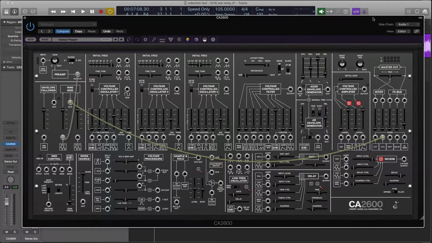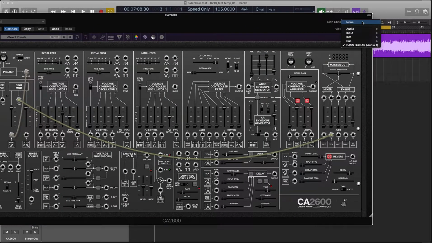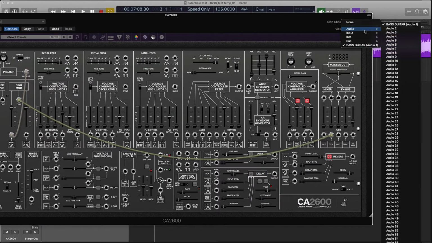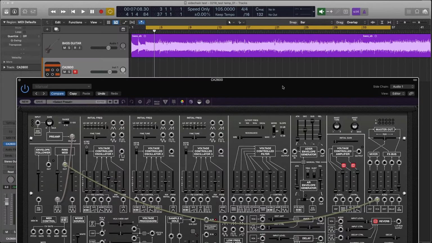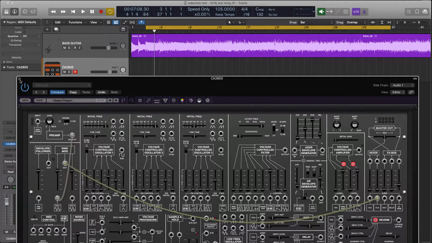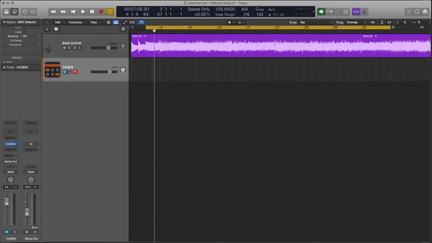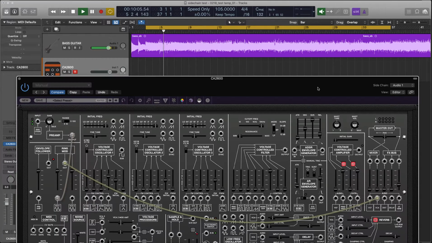So if I open this up and I look at the sidechain input over here, we set the sidechain to Audio 1, bass guitar 1. So that is my bass track over here. So if I listen to this bass track, here it is, bass track, and now I'm going to open up